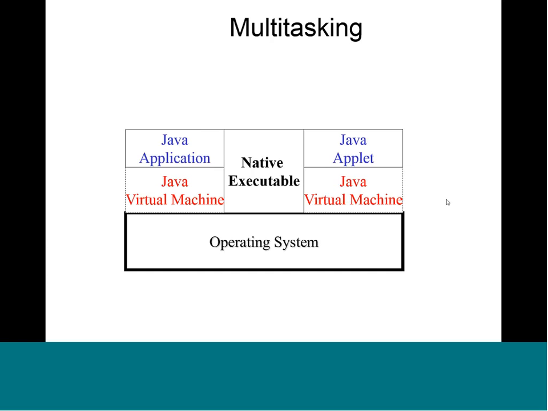So we have now got an operating system running on top of another operating system, which makes life complex. Because when you end up creating a thread in Java, it's handed to the JVM, and the JVM can have